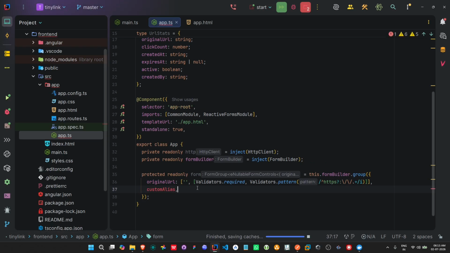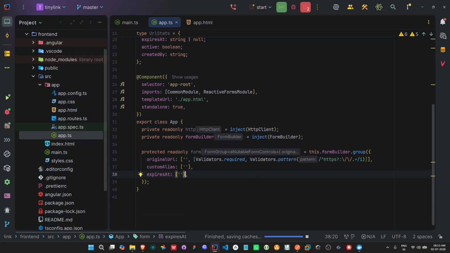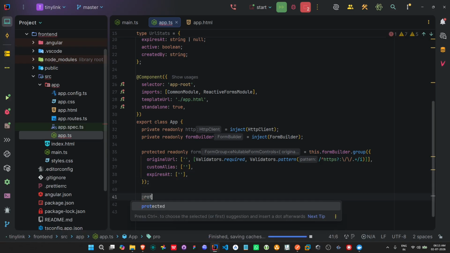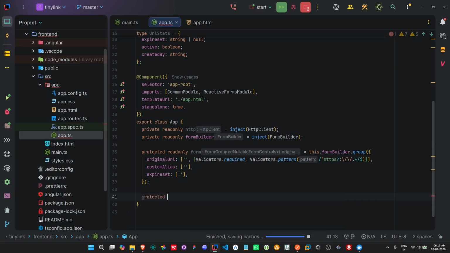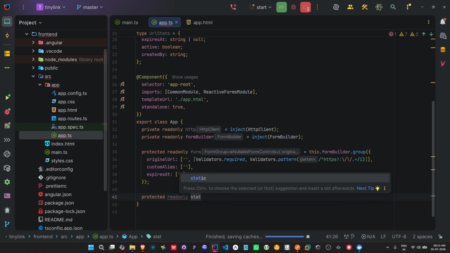Okay, and custom alias should have a default value of empty, and then let's have expires at with default value of empty too. Right, correct. So now we have this. We should have one more form for stats, because we need to know which shortcode stats we want, right? So read only. Let's have stats form